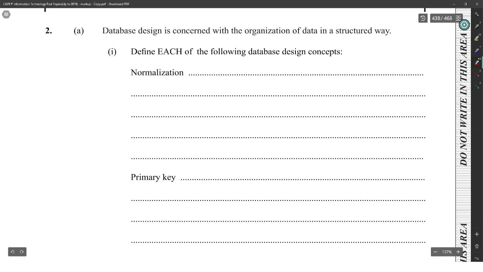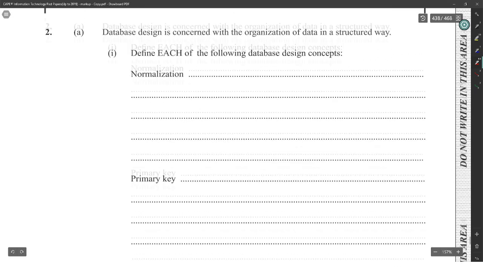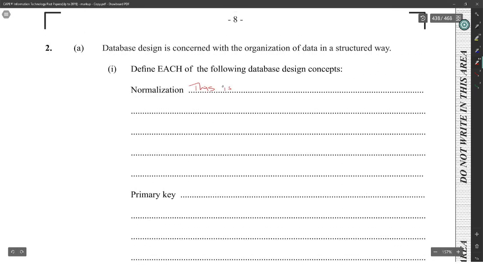Number 2, database design is concerned with the organization of data in a structured way. Define each of the following database design concepts. Okay, normalization for 2 marks. This is the process of making a database more efficient by reducing the amount of redundancies